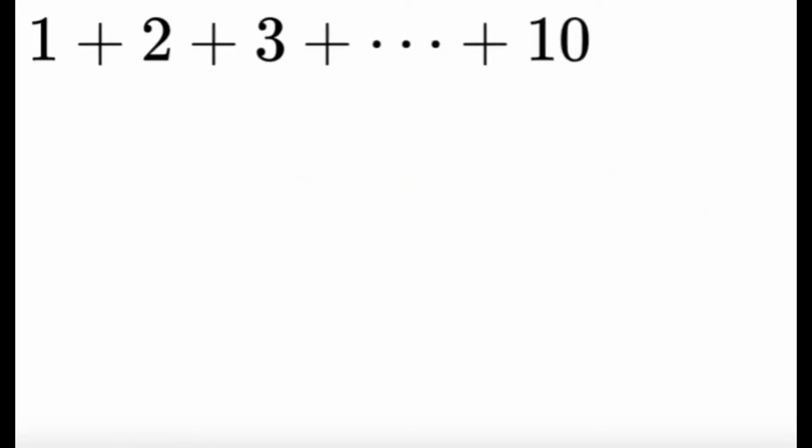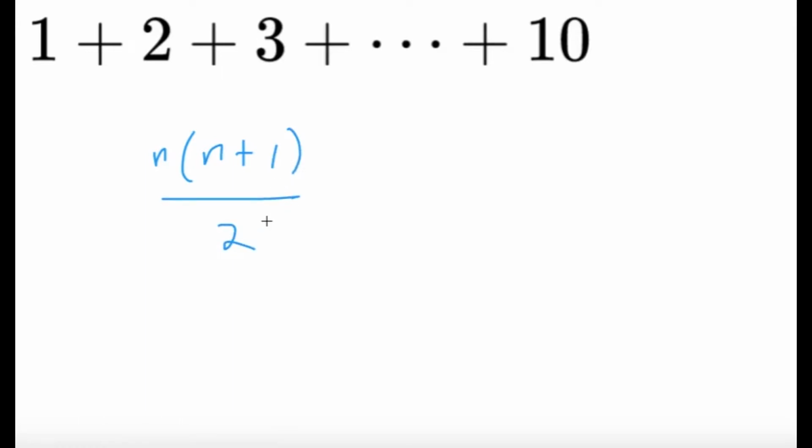Alright, for the next one, try to give yourself some 10 seconds to try to answer this question. And let's now dive into the solution. Sure, we can add them one by one, but if there are more terms, for example, if this 10 was a bigger number, like 2021 instead, then you do not really want to add those numbers one by one. So, again, recalling the formula n times n plus 1 all over 2,